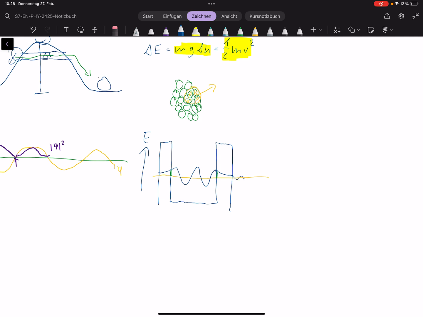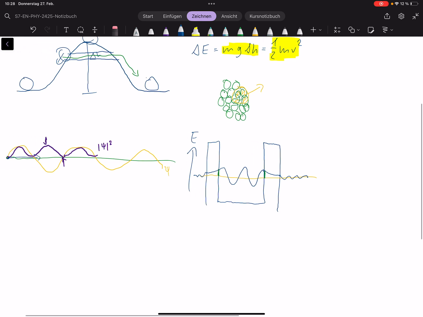And behind that barrier, it continues. So there is a finite probability for that particle to be outside of these potential barriers. And this can be explained by the wave function, and this is what has been observed in experiments, such as